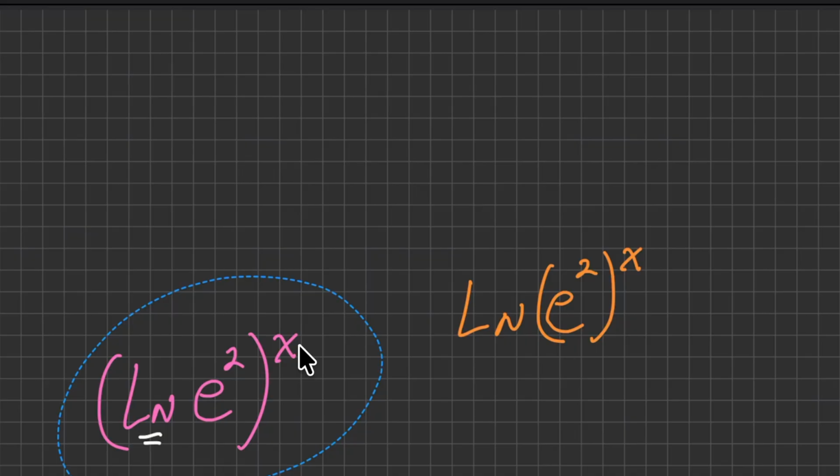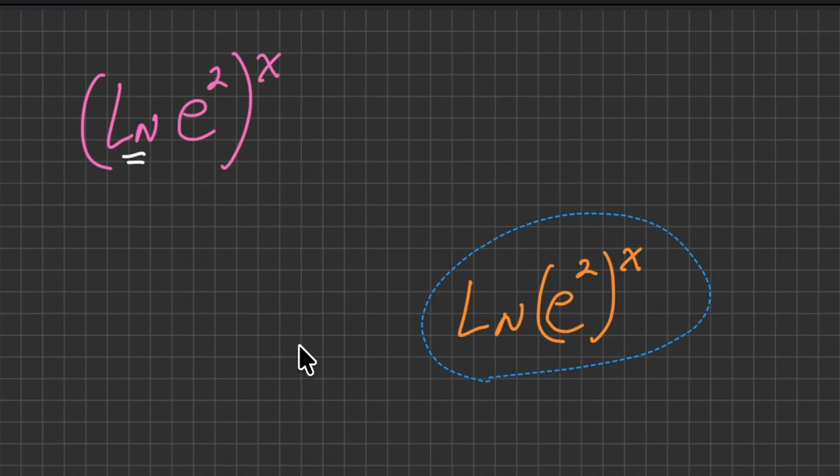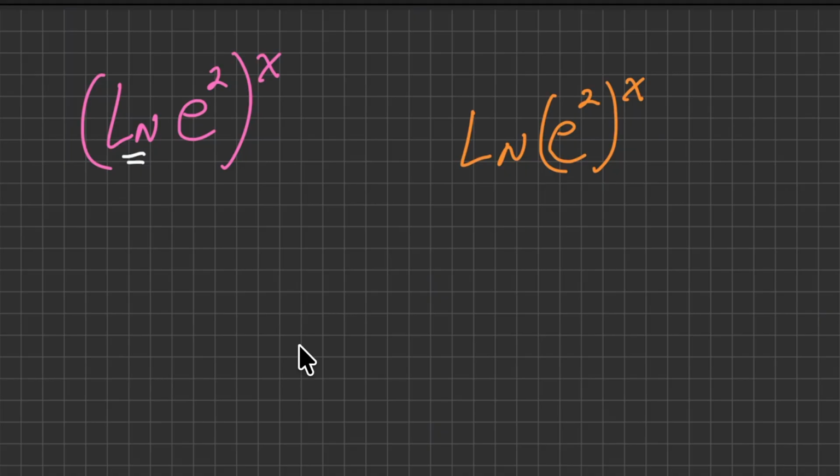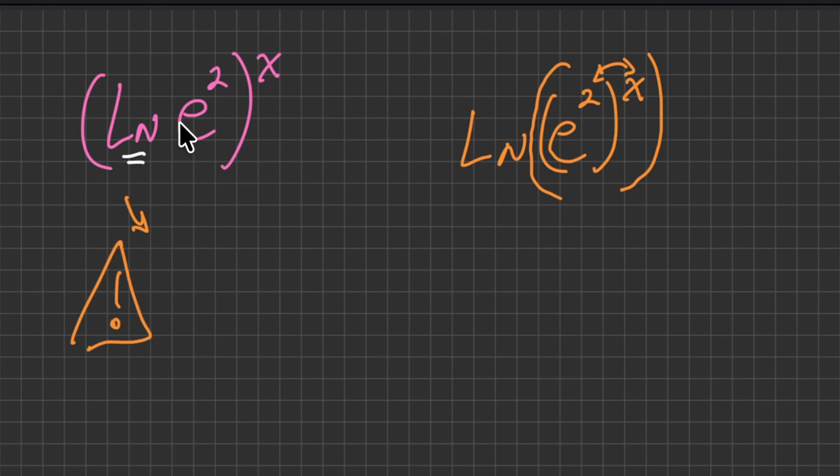In the pink here, we have the x modifying the entire log function, whereas here in the orange, the x is only modifying the argument. So this right here would be a little bit more explicit, making it clear that the x only applies to the argument. So here, you are not allowed to say this is ln e to the 2x. That is incorrect. The way to handle this problem is to